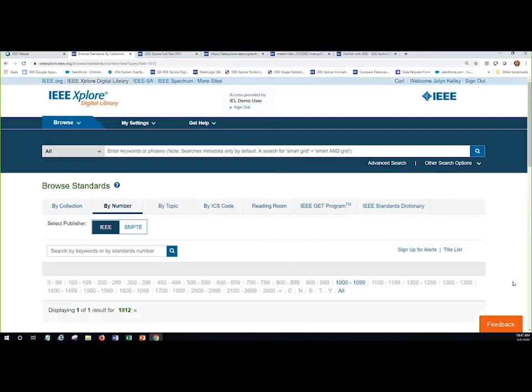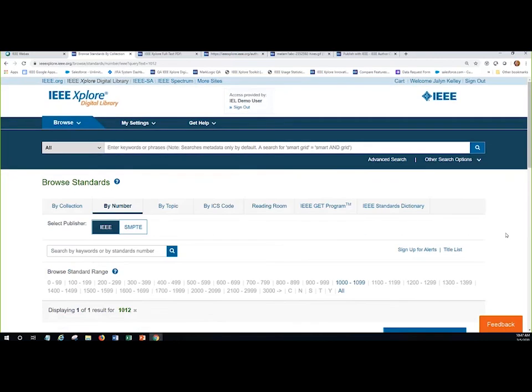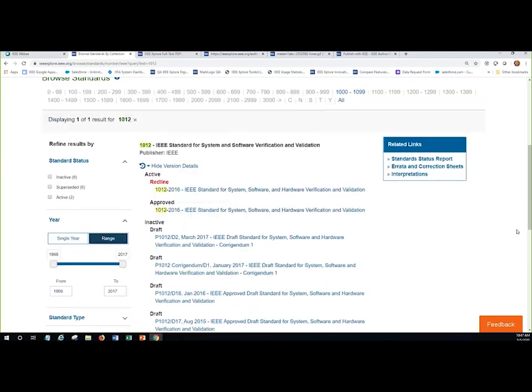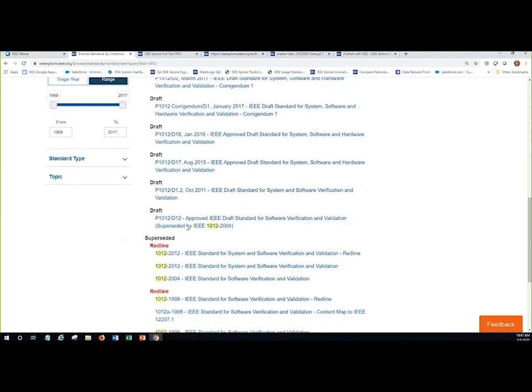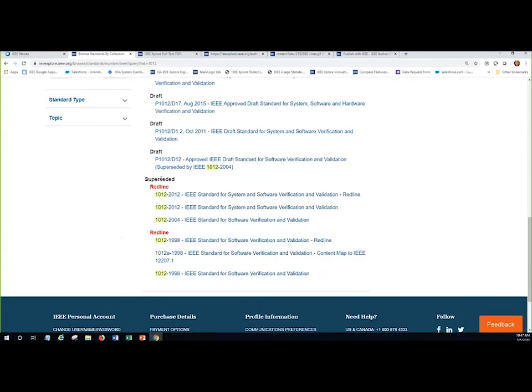And the reason I prefer to look for a specific IEEE standard by number in the browse functionality as opposed to the main search is because it then pulls that entire family of standard up by version or status. So it's really quickly and easily able to define, here's the active approved version, or here's the Redline version, which tracks changes from the previous version to the current version. I can also see the drafts, or I can see the superseded, meaning the historical versions of the standards.